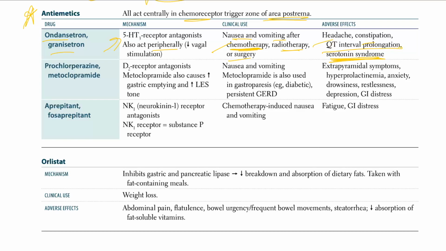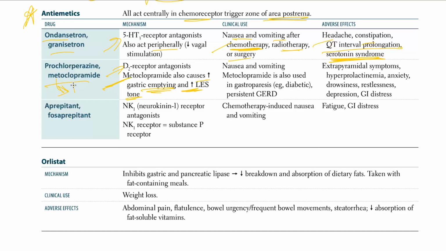Then you have prochlorperazine or metoclopramide. This is a D2 receptor antagonist, while metoclopramide also causes an increase in gastric emptying by causing stimulation and increases aldosterone. So we also give this